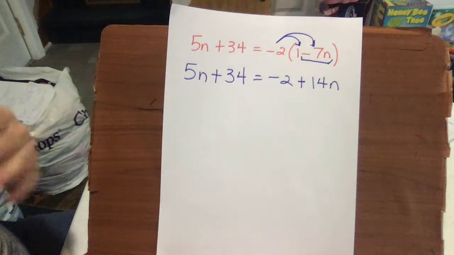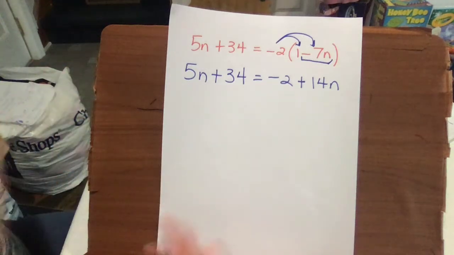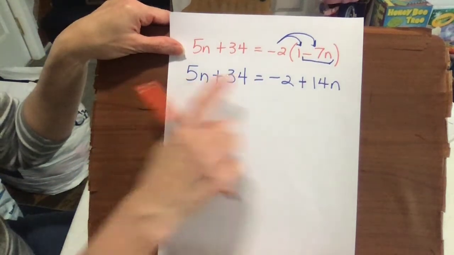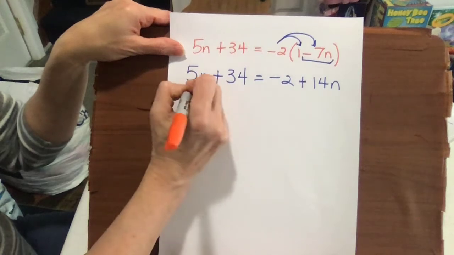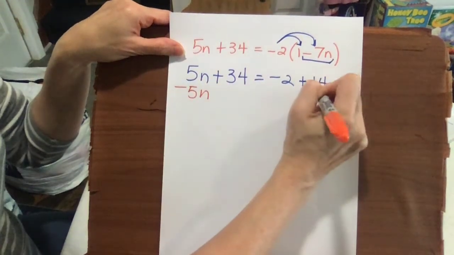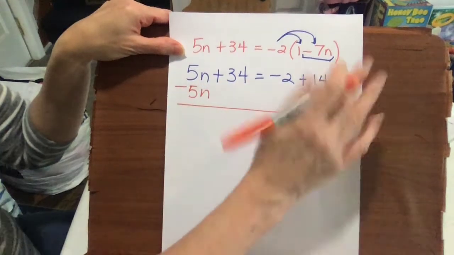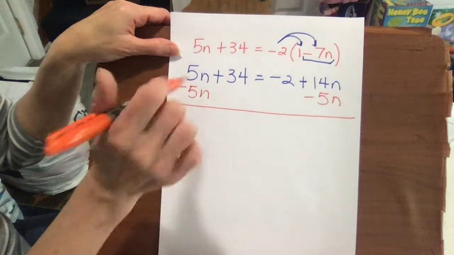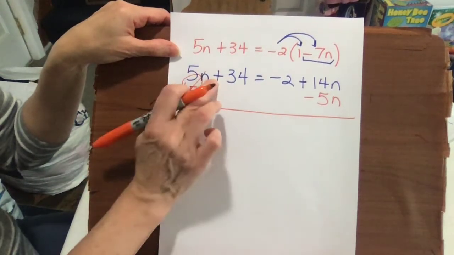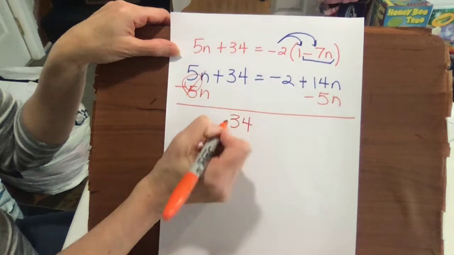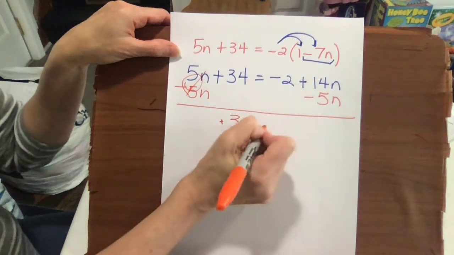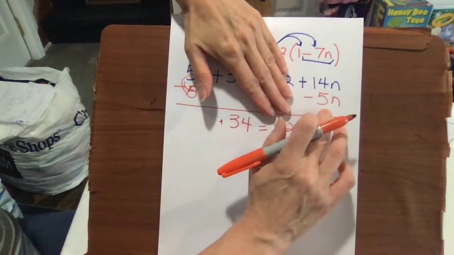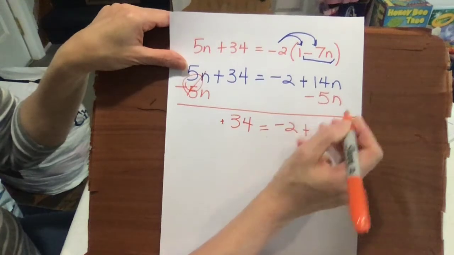All right, we have the liberty to bring variables to one side and numbers to the other because we have variables and numbers on both sides. So this time I'm going to bring the 5n to the right-hand side, just to show you that you can be flexible. It's okay to have your variable all together on the right-hand side. So 5n minus 5n is 0. Bring down the positive 34. If you want to put a little positive sign there, that's fine. Equals, bring down the negative 2 and cover up, and we get positive 14 minus 5 is a positive 9